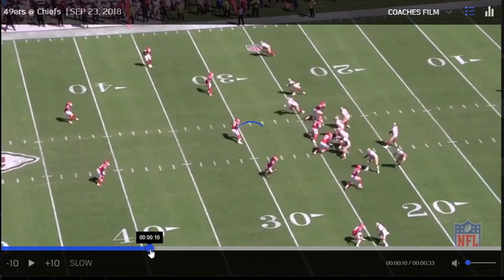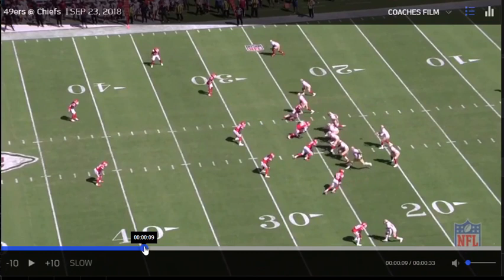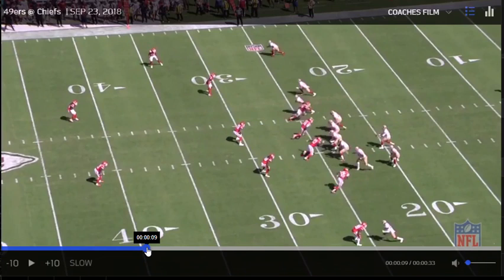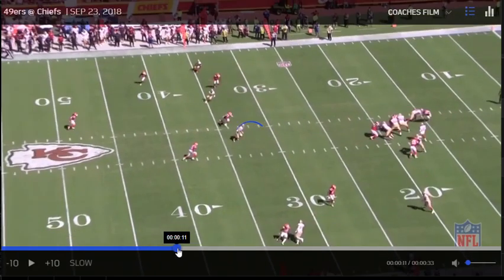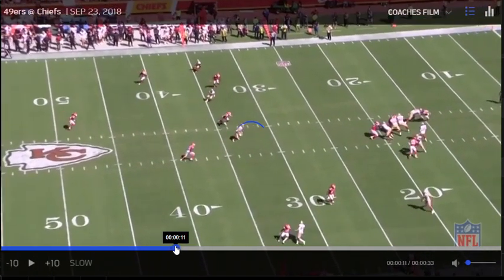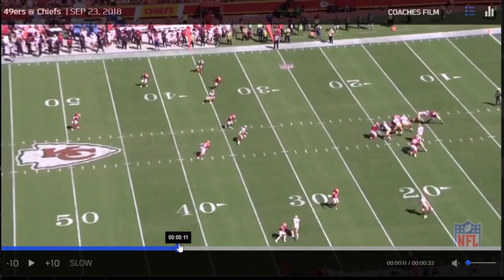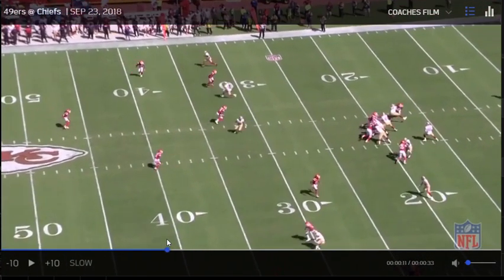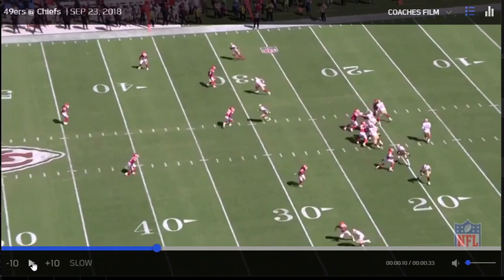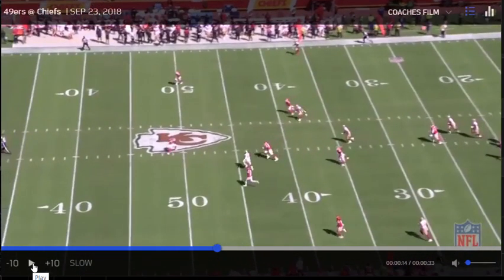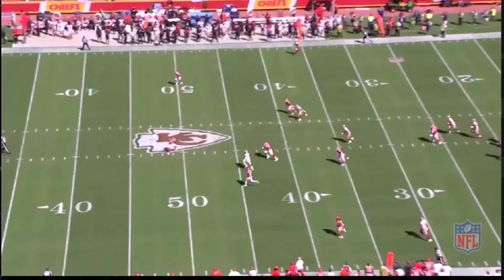This is what separates Jimmy Garoppolo. This is why there's so much excitement over him as a passer, because here's a guy who just went to his fourth read in the progression, got to it really quickly, keeps himself in a good throwing position, and is able to keep his eyes disciplined because he doesn't look off to Bourne until he's ready to throw that ball. If we watch this in real time, that's pretty quick. I mean, he does everything right there,